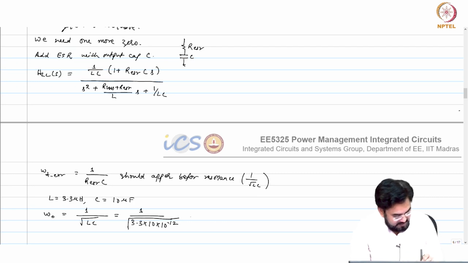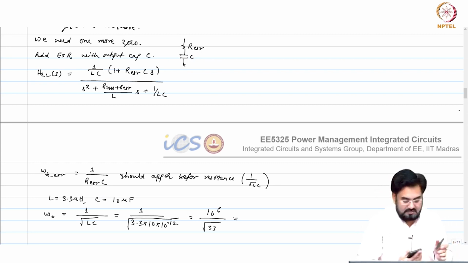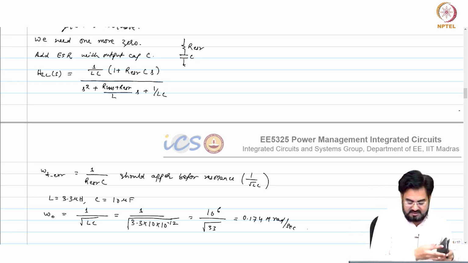So this becomes 10 power 6 over square root 33. How much is this? 0.174 mega radian per second, which means F naught is